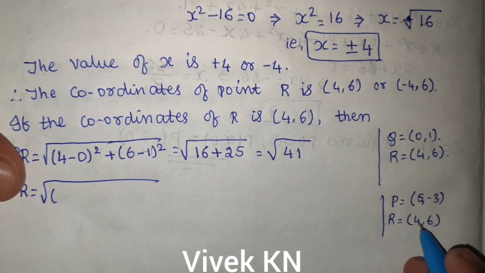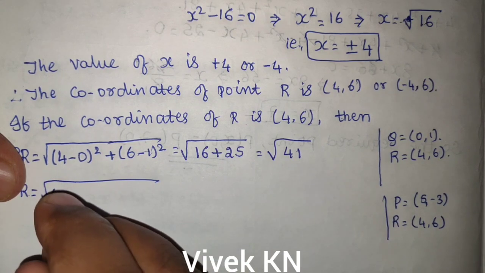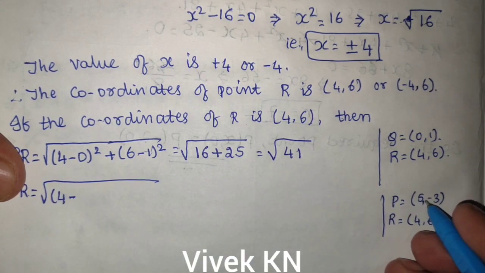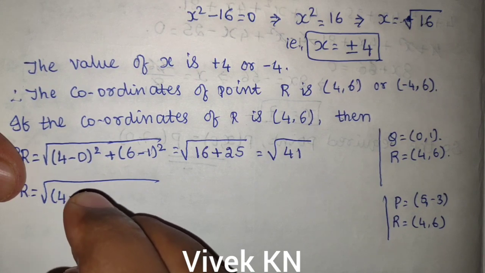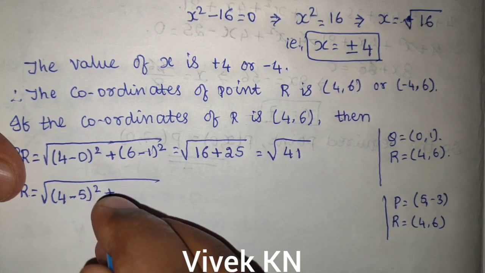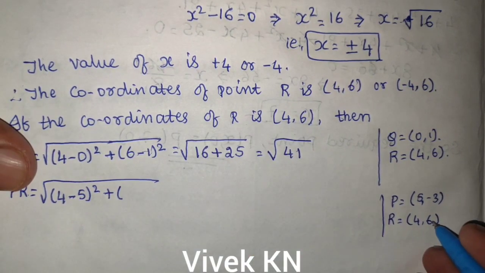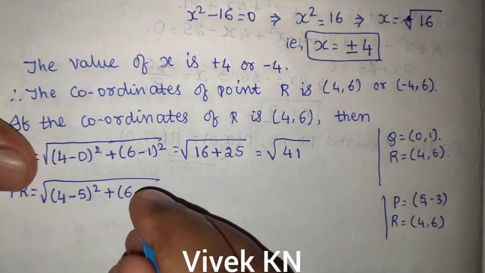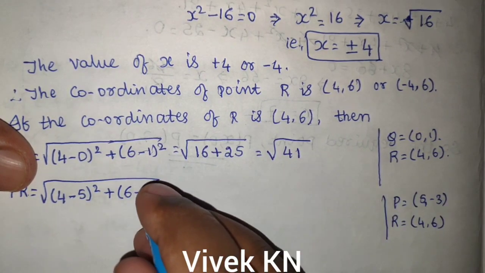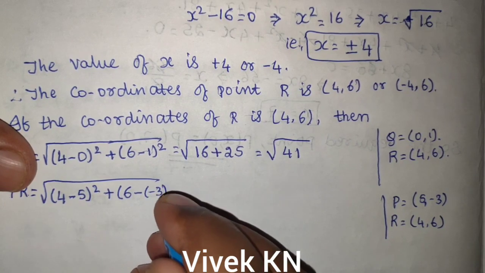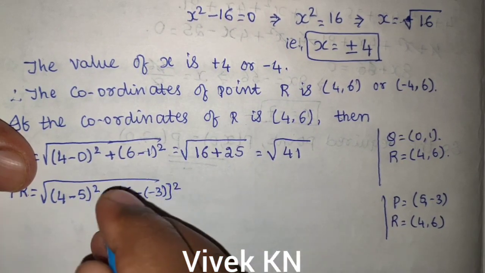Here x2 value is 4 minus x1 value is 5 whole square plus y2 is 6 minus y1 is minus 3 whole square,